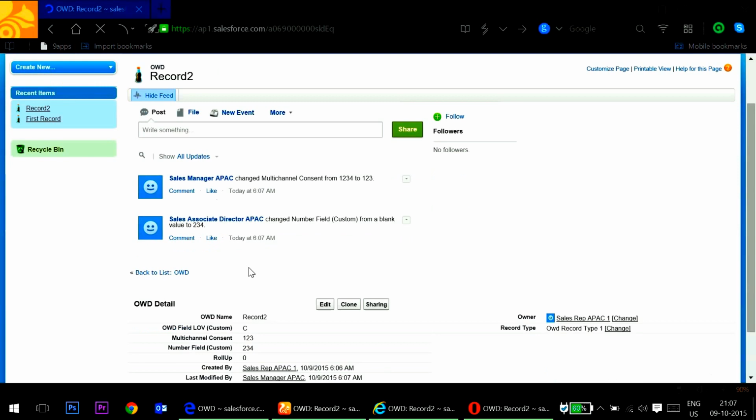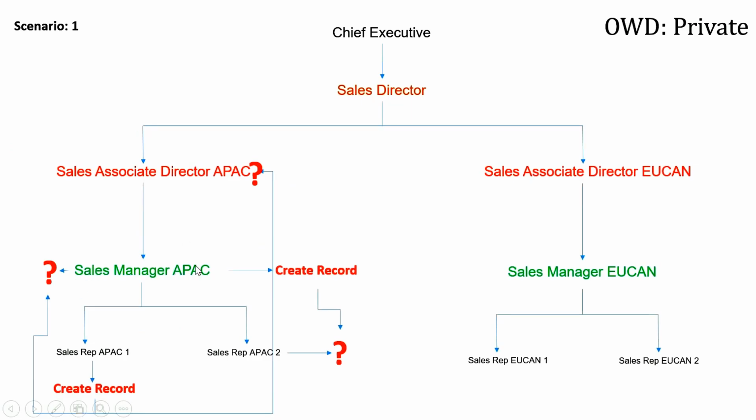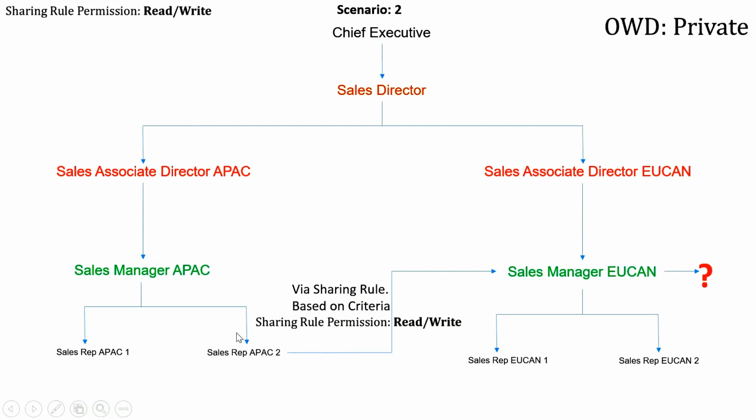So this scenario explains that if sales manager creates the record, the below hierarchy will not be able to see the record and edit the record, but above the hierarchy will be able to see the record and edit the record based on the profile permission. Now going with second scenario, I will create one sharing rule and will provide one criteria,